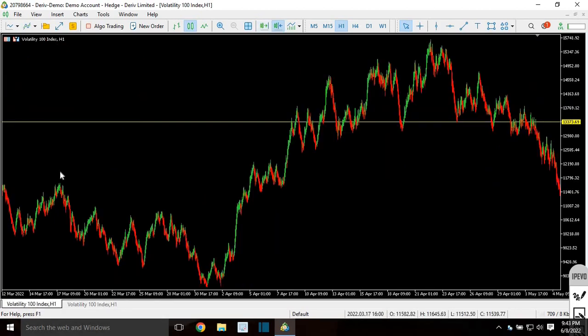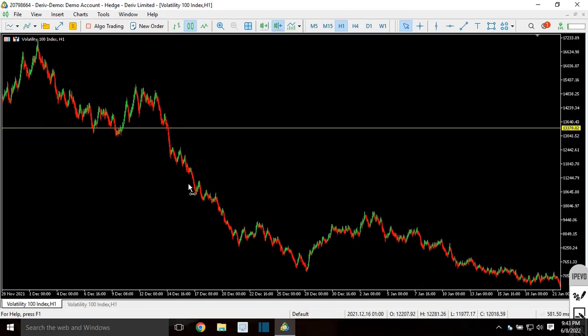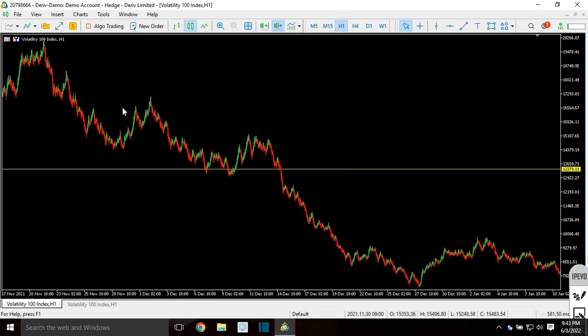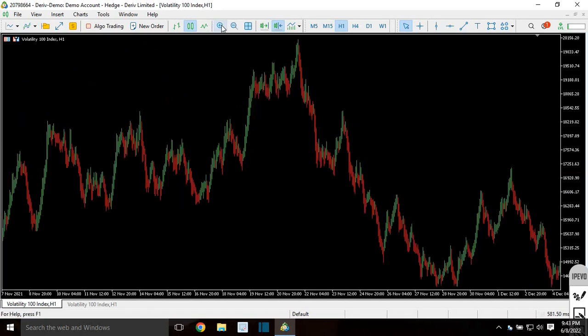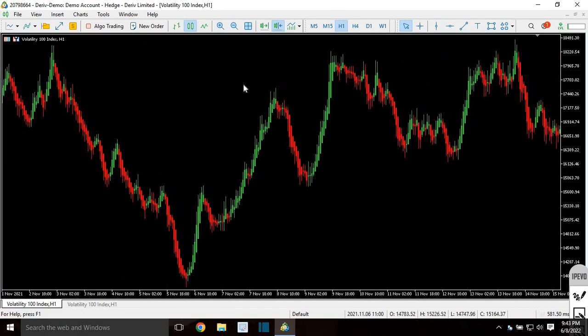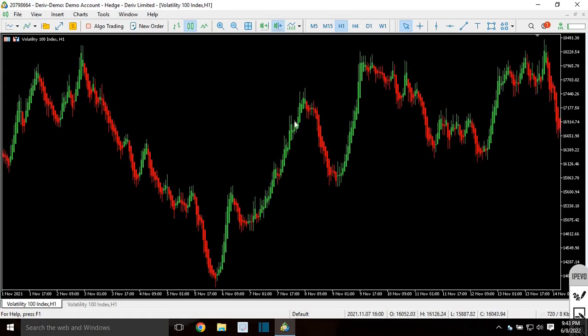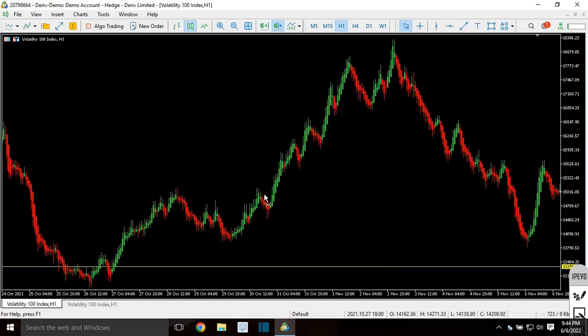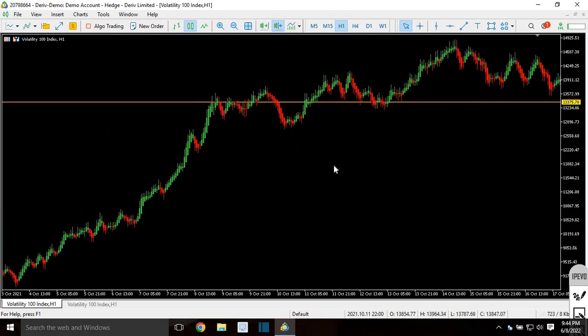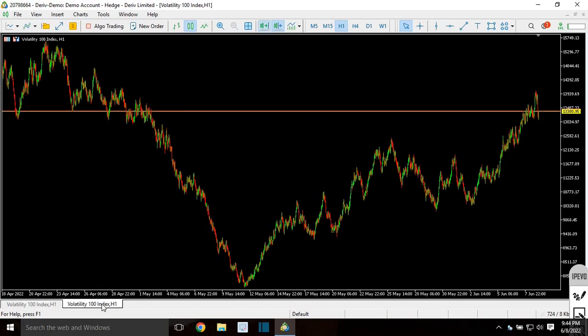As you can see, it filters out the noise, buy and sell, and basically shows you the indicators to sell when it's the right time to sell and buy when it's the right time to buy. For example, you can see when it shows a series of green candles, it means you could have a buy, and when it shows a series of red candles, you can basically sell, which is much different from a normal candlestick